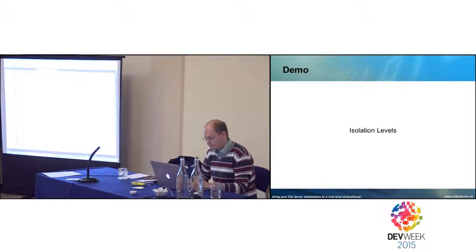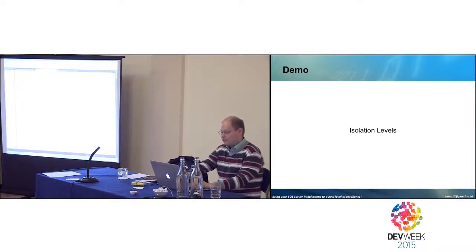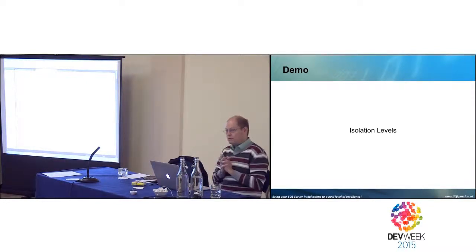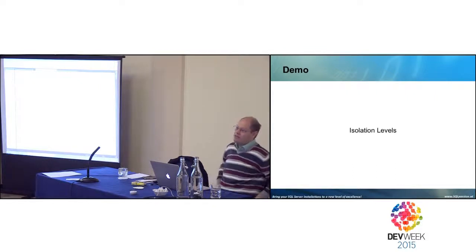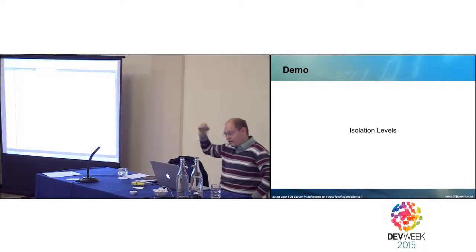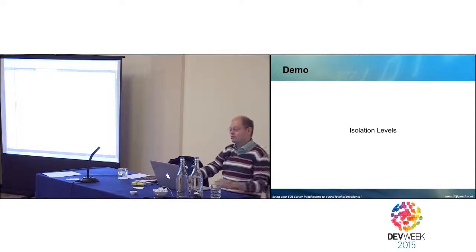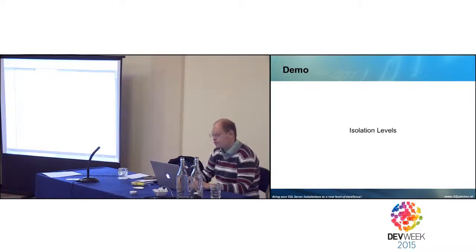Next step. I have here another session, and I'm setting the isolation level to repeatable read. It means we want to have read stability. When we read our data multiple times in the transaction, we always want to see the same information. In repeatable read, SQL Server now holds the shared locks till the end of our transaction. So I begin here a new transaction,